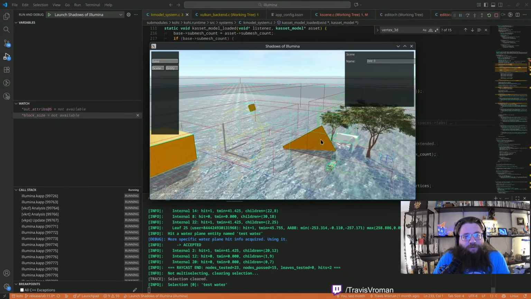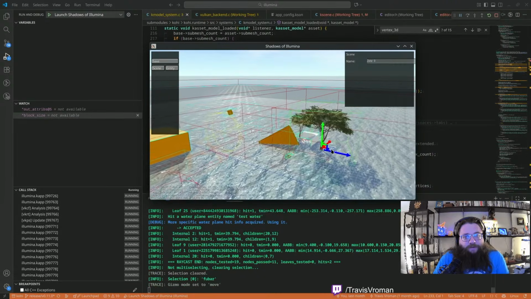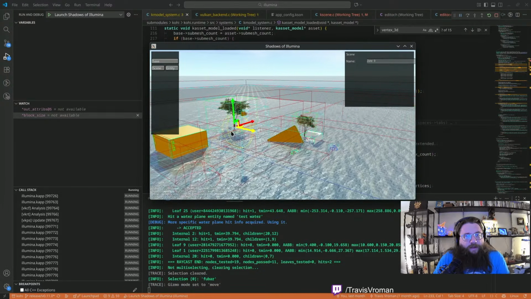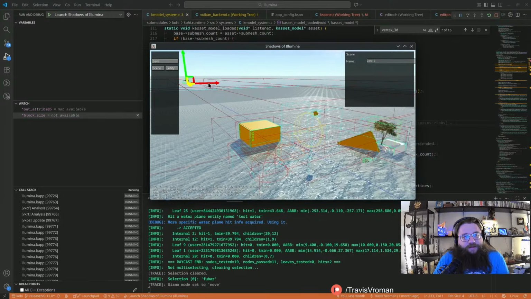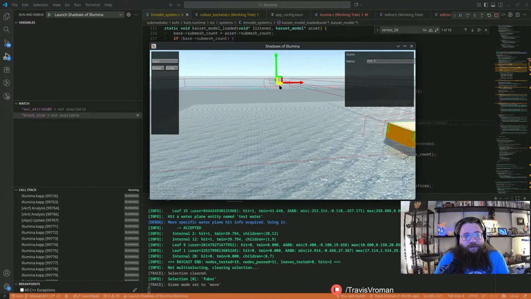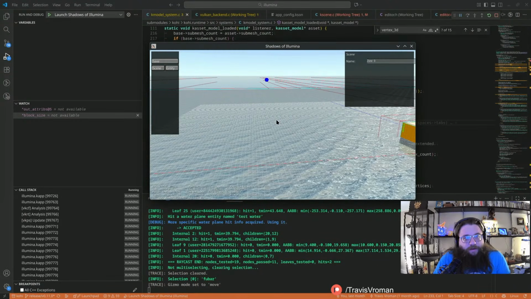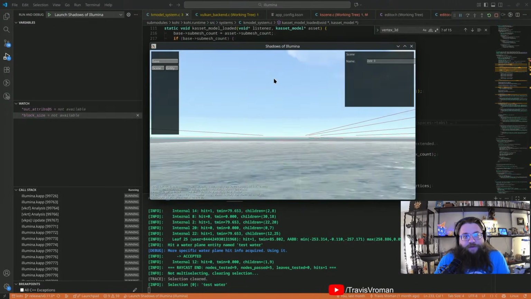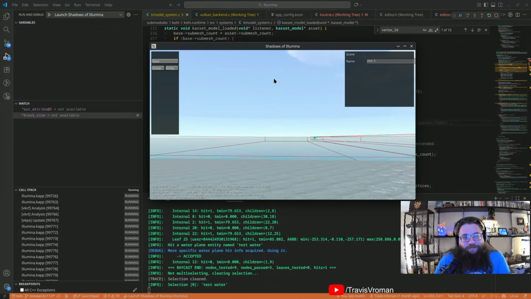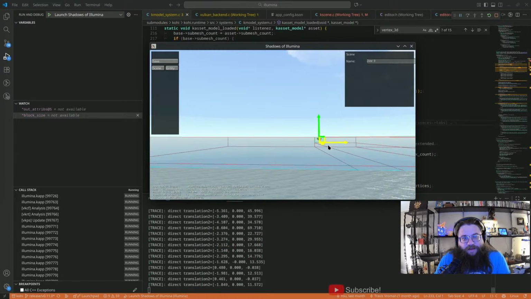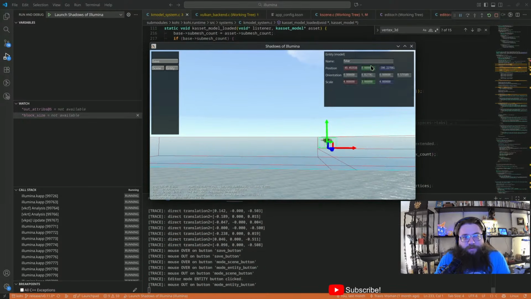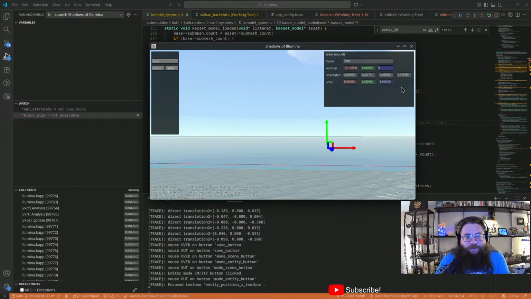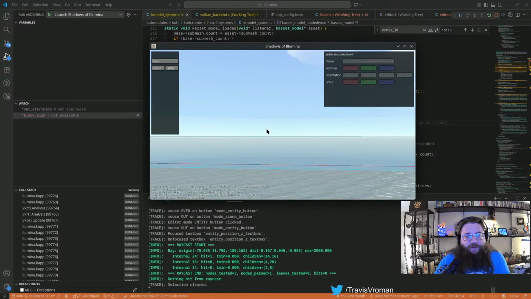The reason for that would be, if we take an object like this tree and move it quite a large way into the distance, say even out of clipping plane distance, like that, and then deselect it, we actually have no way to get it without going all the way over there to where we put it and trying to select it that way. That's obviously not optimal, right? We can select it and then put it back to 0 if we want to, and that's all well and good.